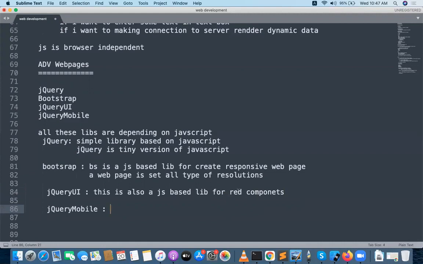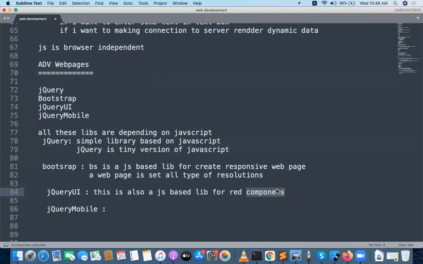Which type of components do we have? I will show the default components which are available in jQuery UI, like checkboxes, time pickers, date pickers.